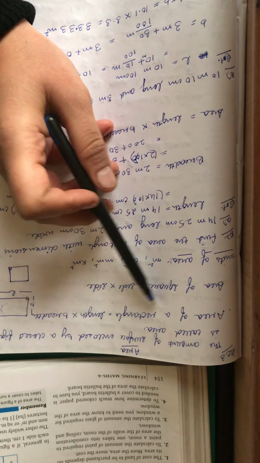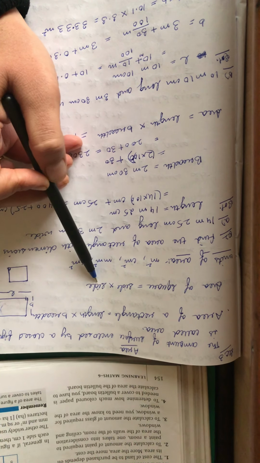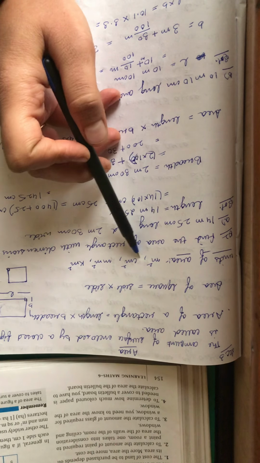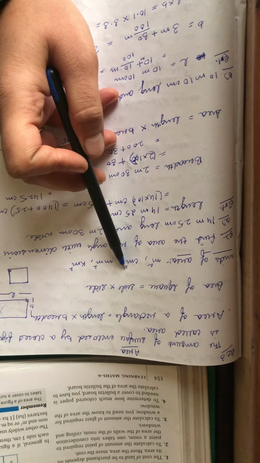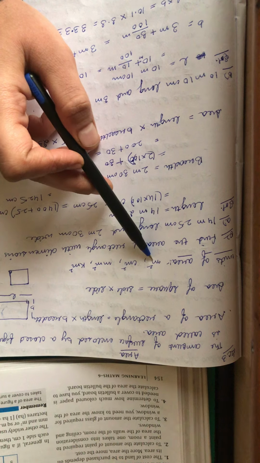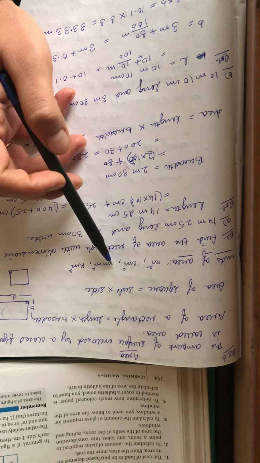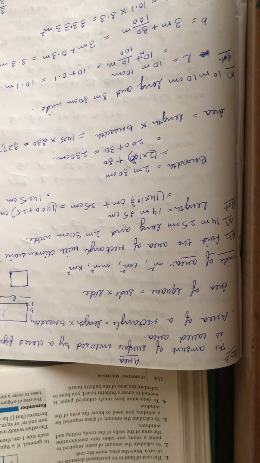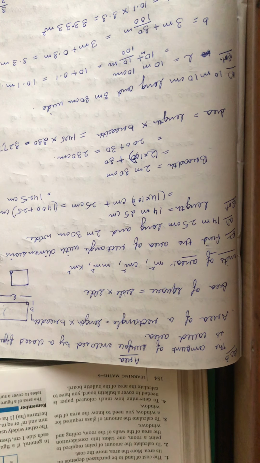We know the area of a rectangle is length multiplied by breadth, and the area of a square is side multiplied by side. And the units of area are meter raised to the power 2, or you can say meter square, centimeter square. Why is it like this? Because we are multiplying two sides. So meter square means 2 times meter are multiplied, 2 times centimeter are multiplied like this. And again keep one thing in mind, whenever you are finding area, the two sides you are multiplying should have the same units. Okay, let us start with exercise 10.2.